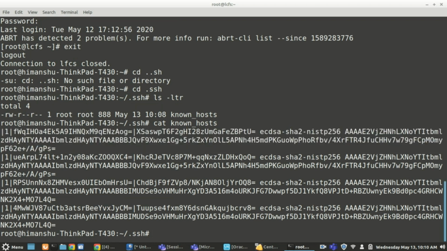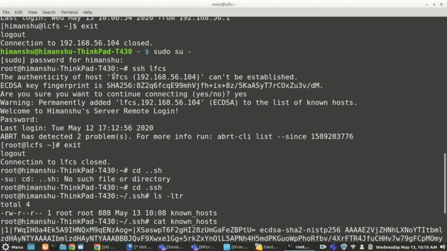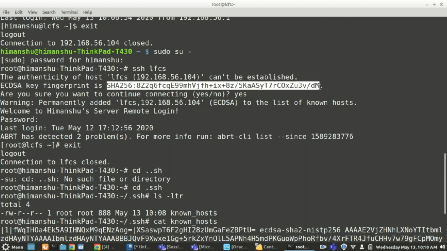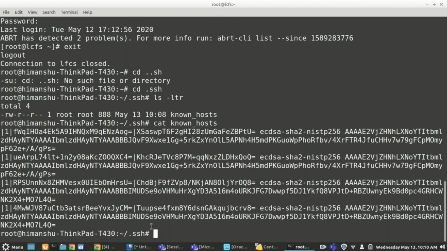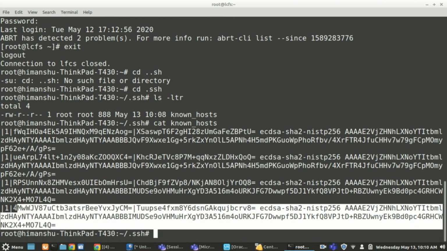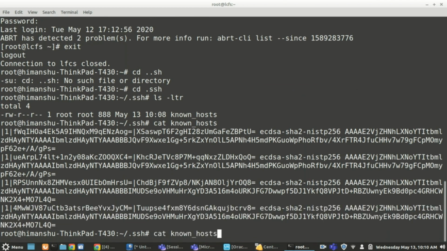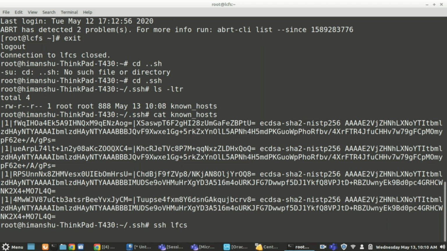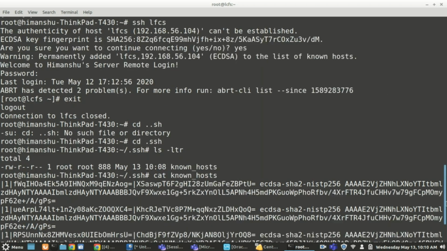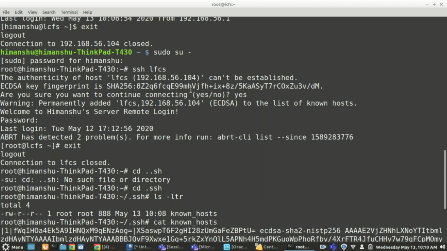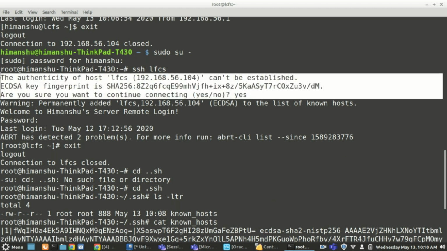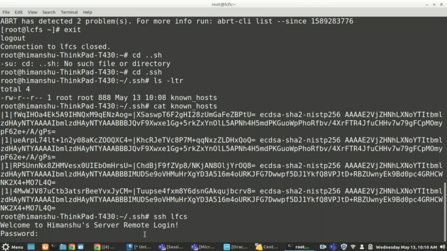If you see here, the ECDSA key value would be stored in the known_hosts file. So next time if you connect with the same command from root, it will not ask whether you want to verify the authenticity of this server. It is not going to verify that, it will directly ask you for the password.